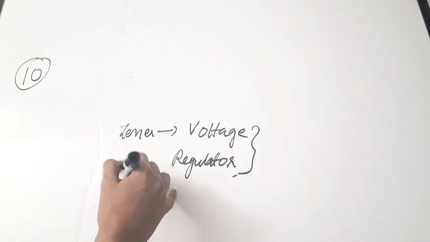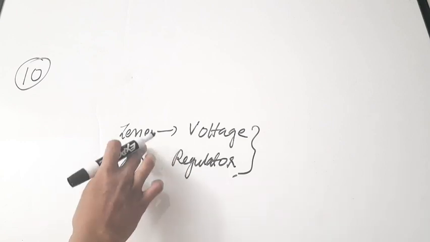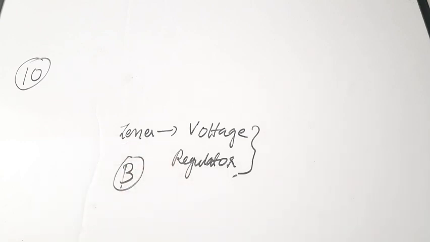Correct answer is B. And mostly we'll be operating the Zener diode in the reverse region only. So a device that works in the forward region is also not a correct option. Option D is also not correct. Correct option is option B, a device with constant voltage. And you cannot say that it is a device with a constant current, because current will vary. It is not producing a constant current. So correct answer is option B.